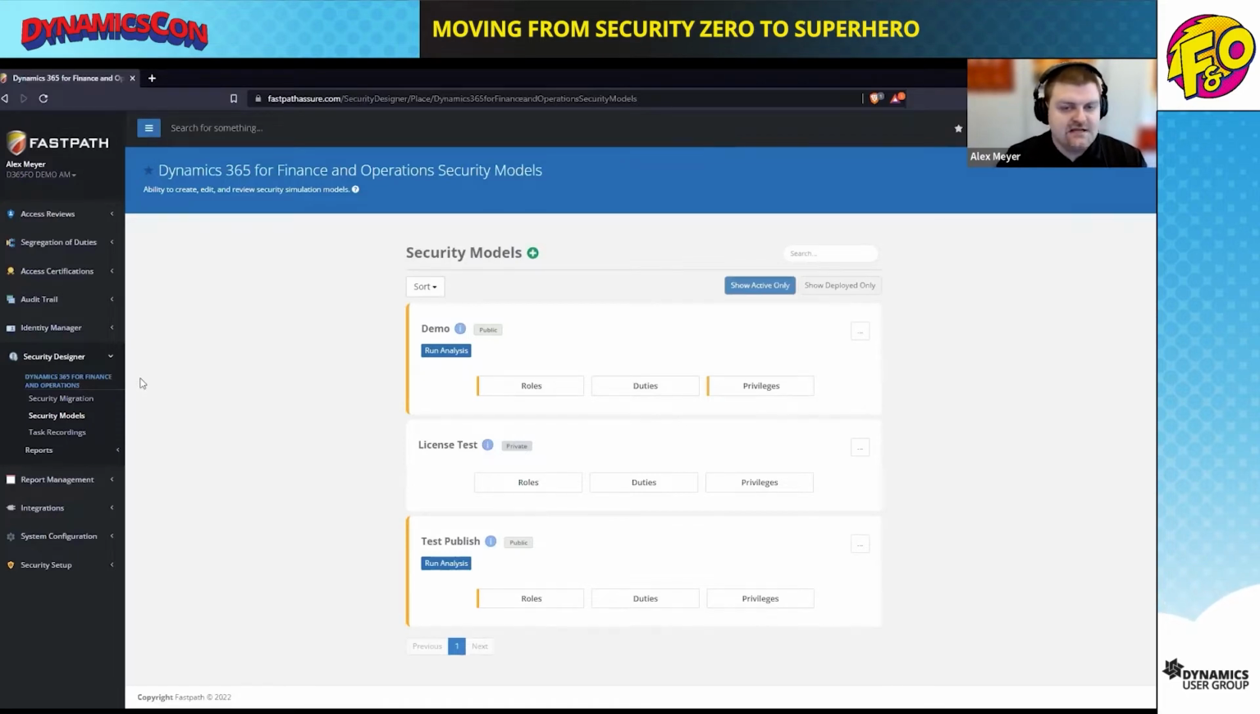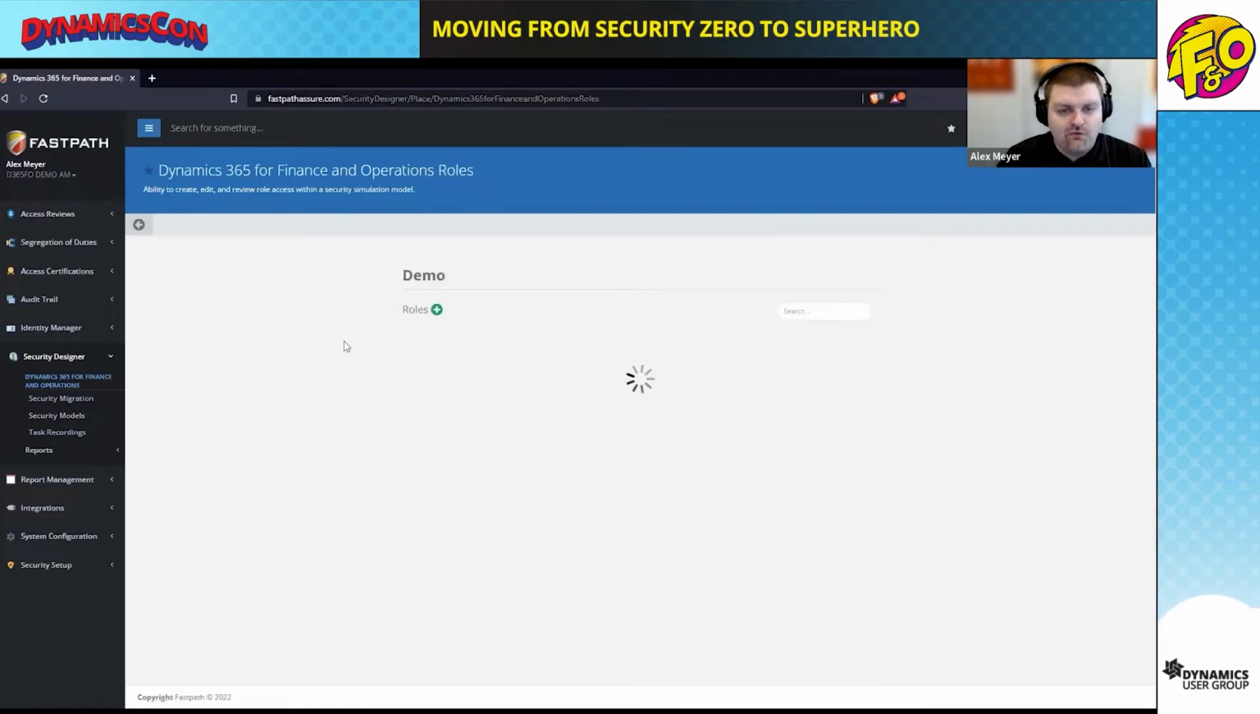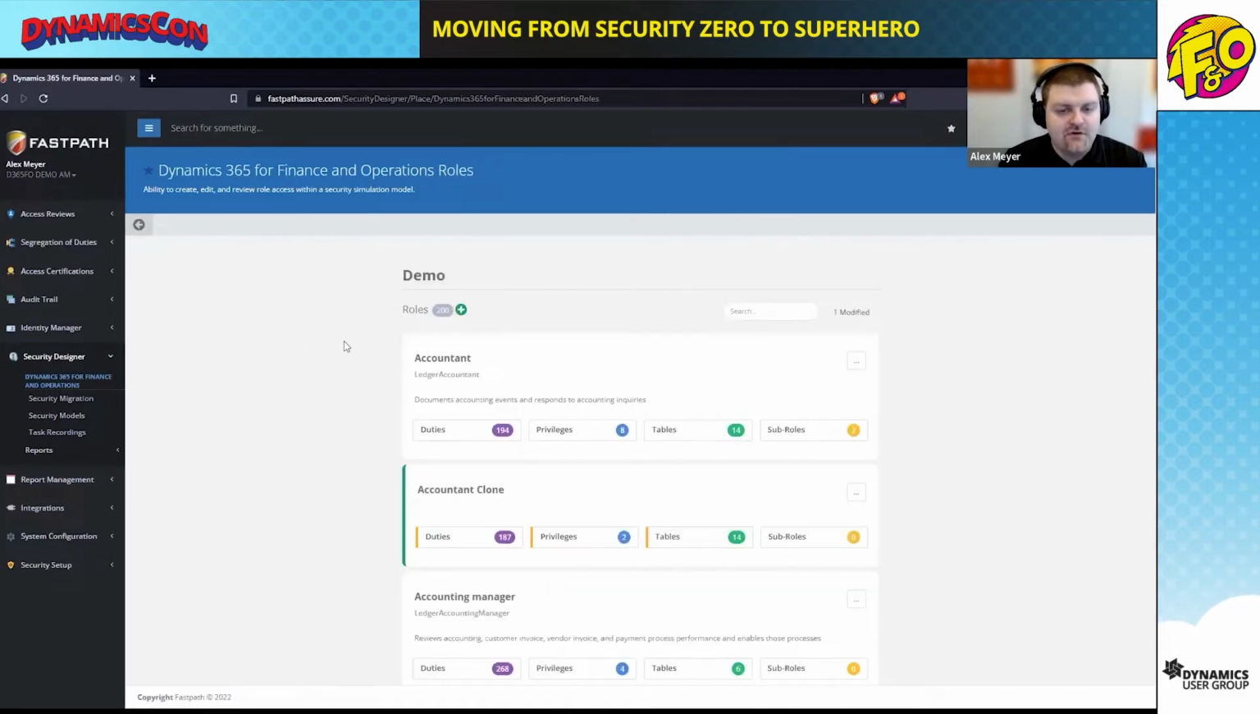So when we're looking at design security, we have this idea of security models. This is kind of like a sandbox or a test area where you can actually make your changes and run a risk analysis to basically see what the impact of those changes are. So I could come into our demo instance here and pull up our roles, duties, and privileges. This is actually going to go out and make a live call to our F&O environment that our FastPath instance is connected to,